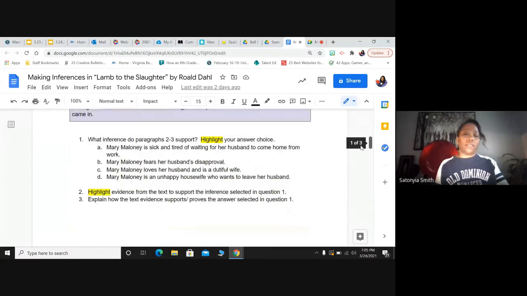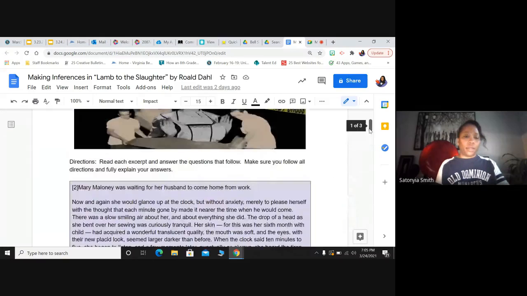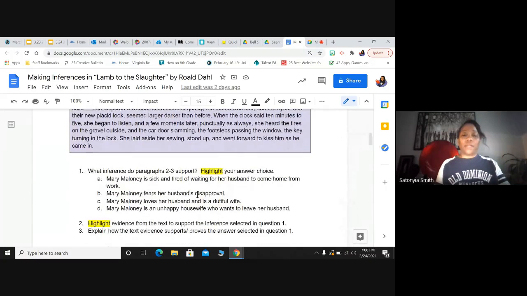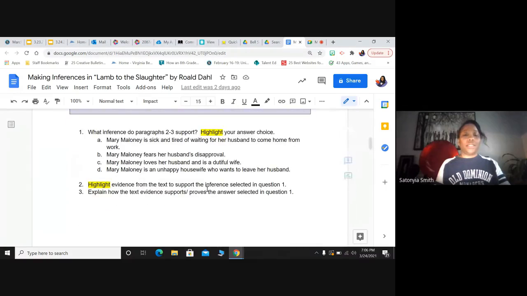The first one is a multiple choice question. You will need to highlight your answer. It says, what inference do paragraphs 2 through 3 support? Highlight your answer. Up here is where you could take a look at paragraphs 2 through 3. And whatever inference you feel it supports, simply highlight it to let me know. But you're not done there. Number 2 says highlight evidence from the text to support the inference you